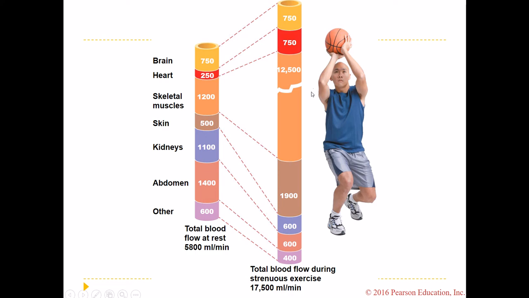But the biggest change is here in the skeletal muscles and the skin, particularly here in the skeletal muscles. You'll see about 12,000 milliliters a minute to the skeletal muscles at rest, but look when you're active. Look how much more blood goes to your skeletal muscles when your skeletal muscles are active. So your body is making changes in order to accommodate what level of activity you happen to be